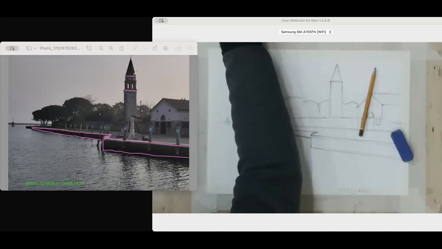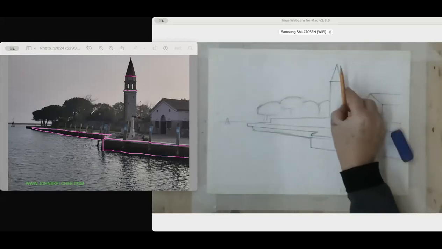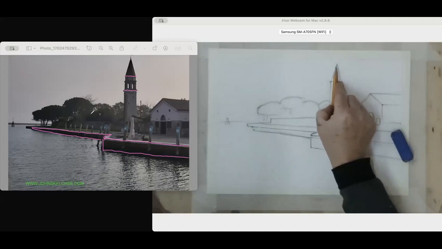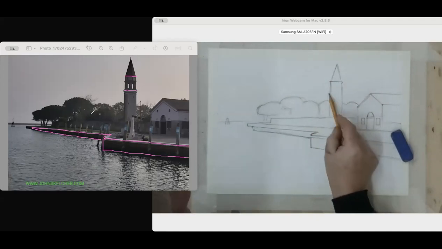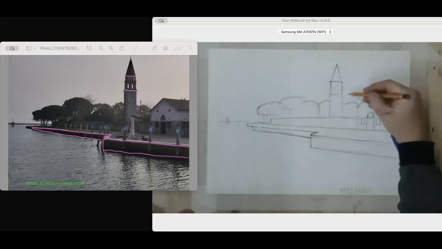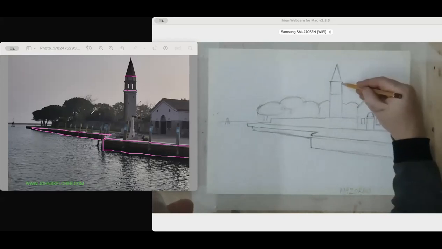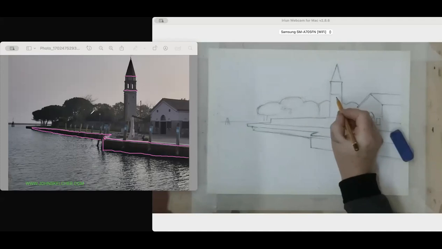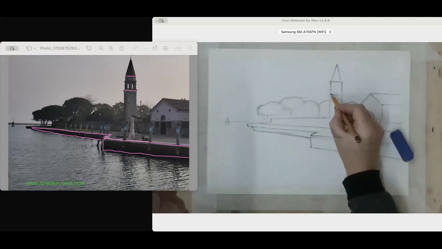And then the space that I've got here below the spire is about the same height as the spire. It's very close, so I'm going to put that in. Maybe my spire is a bit short, I don't know, but I'll go with that because I don't want to change anything too much. But notice down here, this little